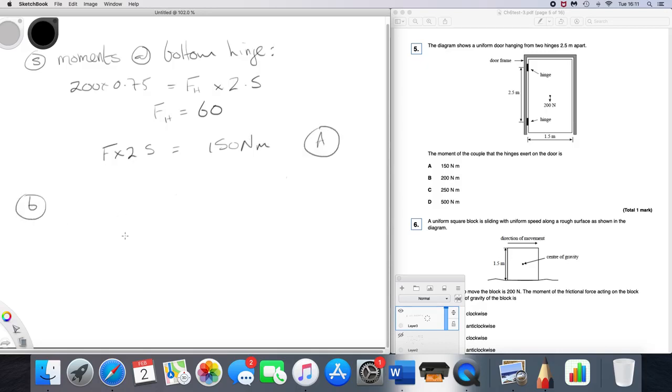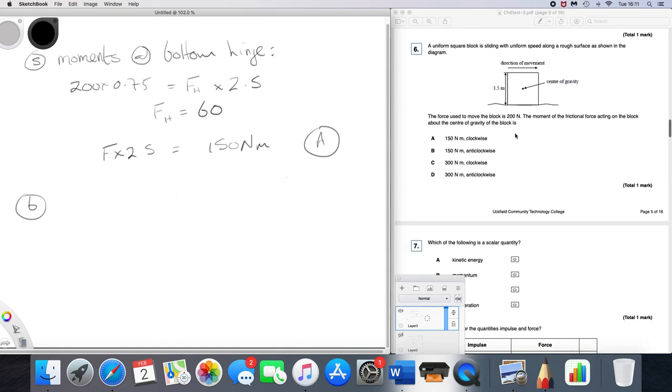Question 6. A uniform square block is sliding with uniform speed along a rough surface as shown in the diagram. The force used to move the block is 200 newtons. The moment of the frictional force acting on the block about the centre of gravity of the block is. So,